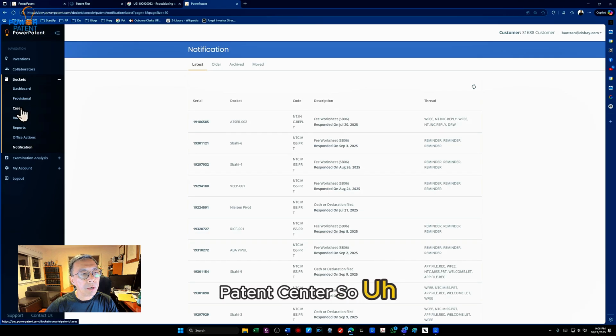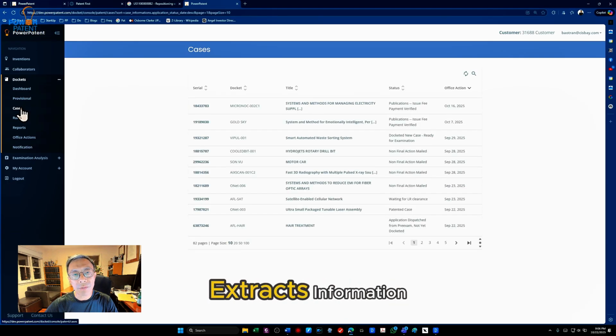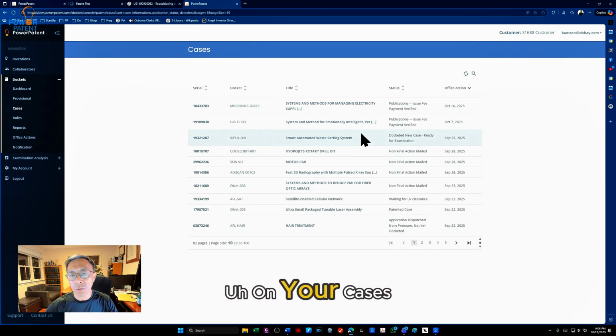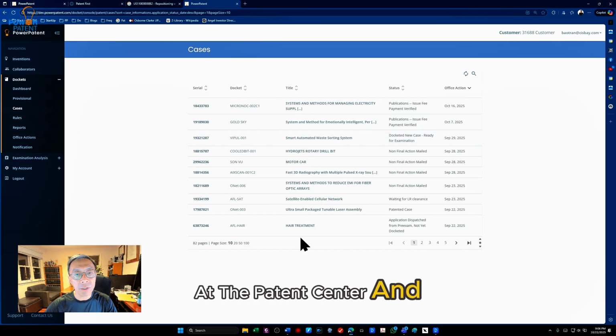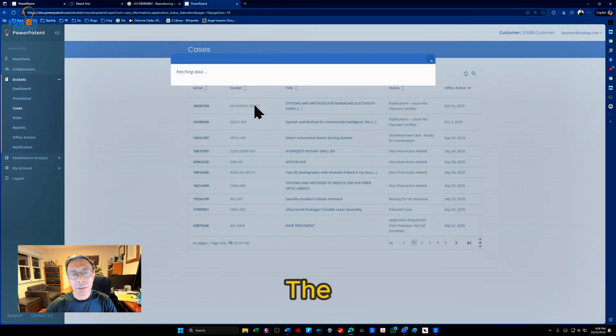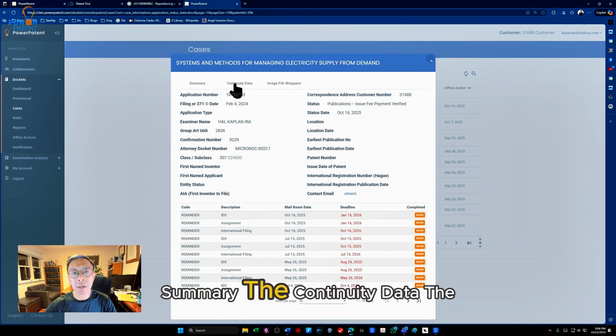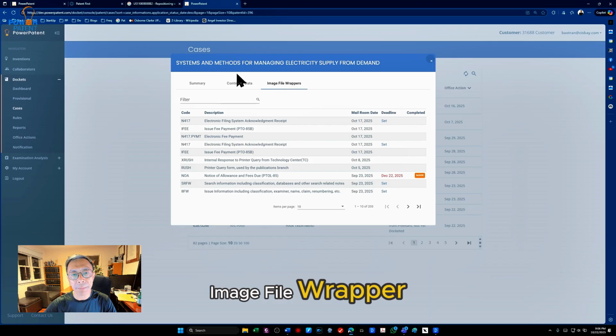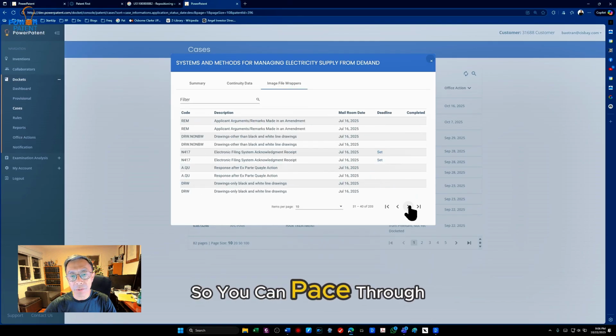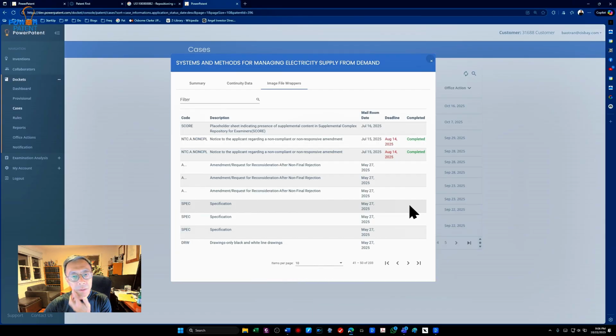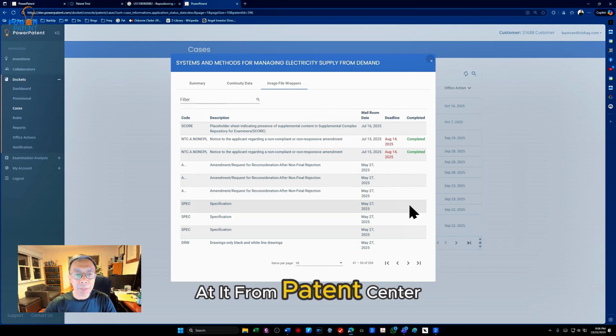So we have a tool that extracts information on your cases at Patent Center, and then we can bring up, let's say, the history of the case, the summary, the continuity data, the image file wrapper. So in this case, you can page through the history of the case as though you were looking at it from Patent Center.